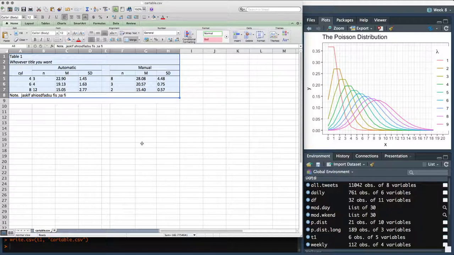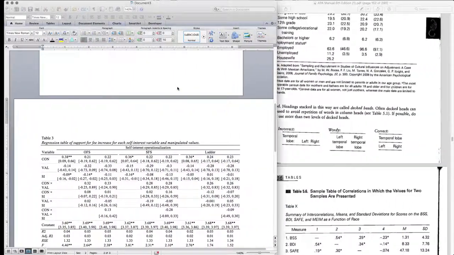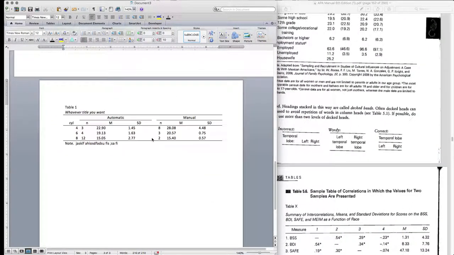If you want to save this, make sure you don't save it as a CSV. Save it as Excel, as we learned last semester when we formatted tables and then turned around and saved them as CSVs and lost all our formatting. But in this case, now if I just take these and move over into Word and copy and paste,